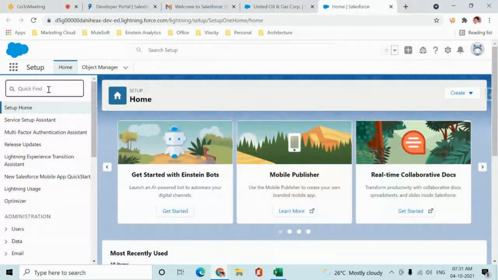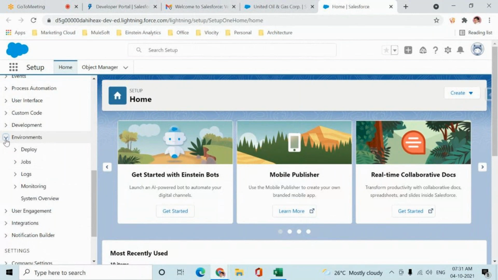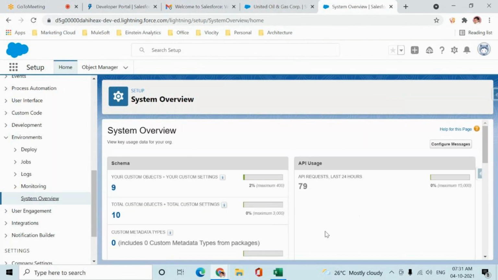What is it? I forgot. Company information, schema builder, environment, system overview. If I go to the system overview, here it will show you the limit, but this edition is more than enough to create your application.